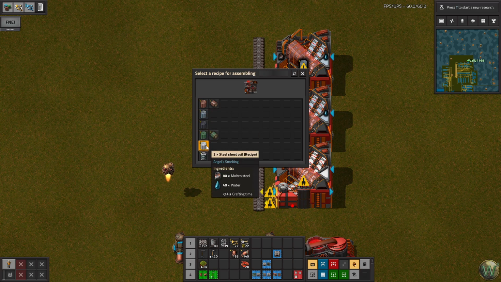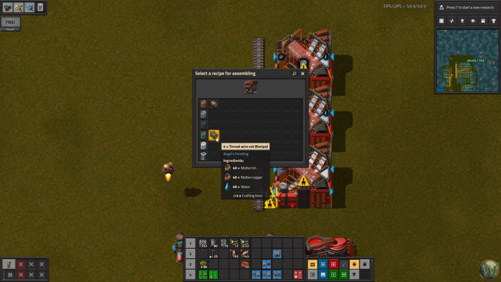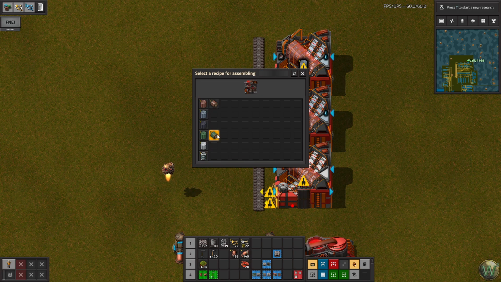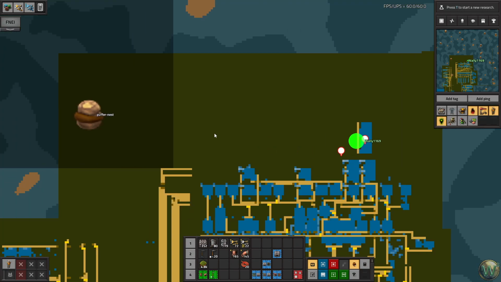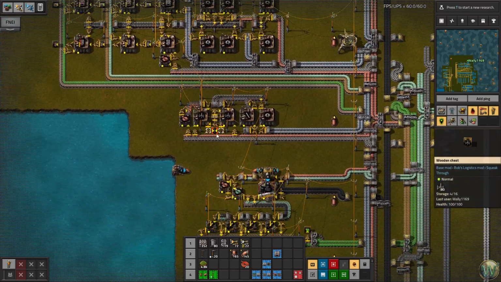Those are harder to change. So maybe we leave the plates as plates on the bus, and instead we belt copper wire coils and tinned wire coils, and also possibly solder coils onto the bus, replacing the solder that's on the bus with coils, obviously. And doing that, maybe this one, maybe not this one, but maybe so. But definitely putting these two on the bus and using them to replace where we're using the solder, or we're